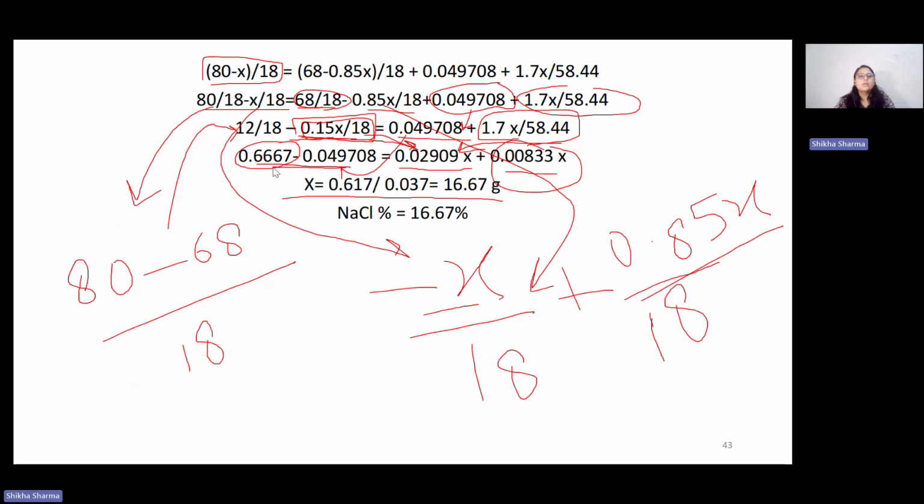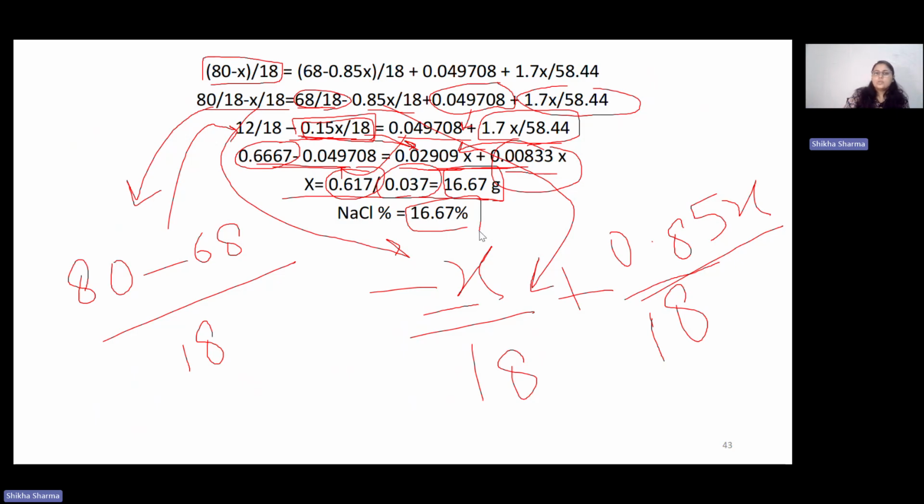0.6667 minus 0.049708, it would be 0.617 divided by this summation of this, which is 0.02909 x plus 0.00833, which would be 0.037. So x would be 0.617 divided by 0.037, which would be equal to 16.67 gram, or when we convert it, it will be 16.67